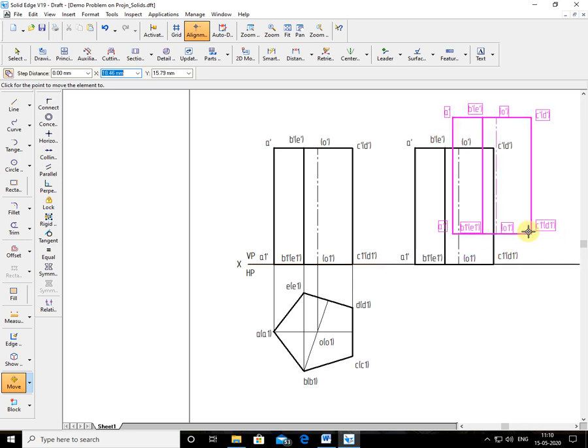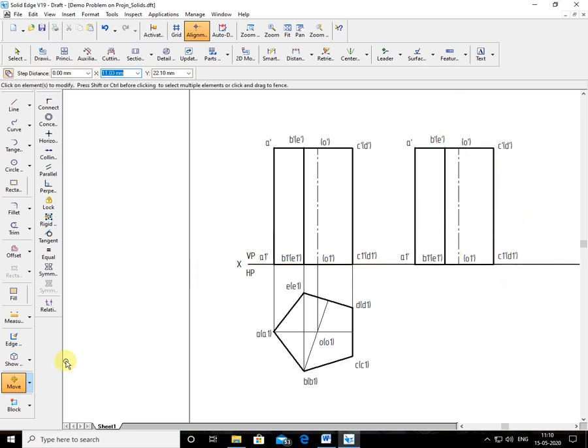Now I'll rotate this one here with the rotate command. Then I am rotating in this way, because I want C1 dash D1 dash to be on the XY line. So I'll make this the center of rotation, and this edge, see my cursor, this edge. This A1 should go above. That means I am rotating clockwise. See my cursor, clockwise. So what I'll do, I choose any point on this line, the bottom baseline, or the end of the line. I rotate at some angle.